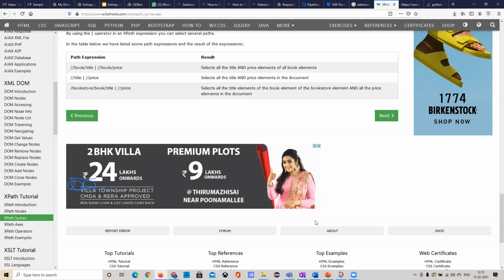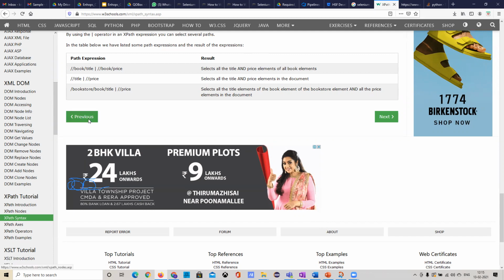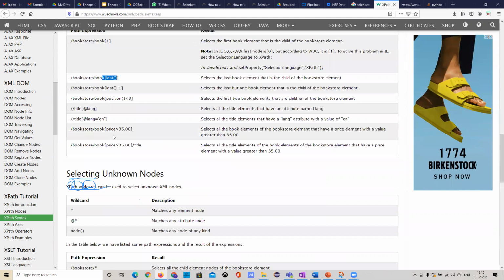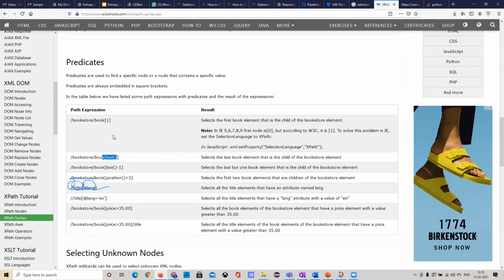In XPath, you have 2 types: absolute XPath and relative XPath. Absolute XPath comes from the parent till the child. It gives the complete hierarchy of that particular object. Whereas relative XPath is dynamically created, a shortcut method to identify the object. These are the basic syntaxes which we need to understand. So before jumping into that, first go through all this, understand it clearly, then you come to the relative XPaths.